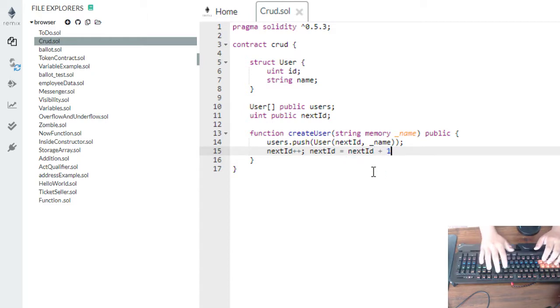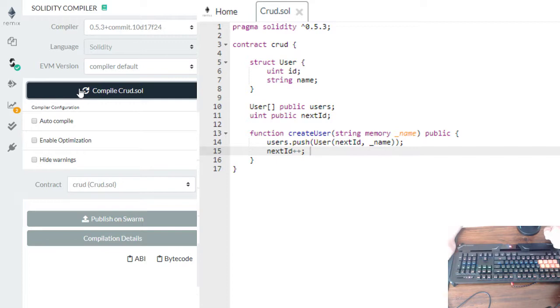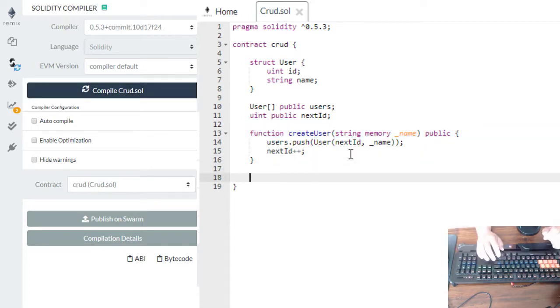All right, so let's go. Before we continue, let's try to compile this one so we don't have any errors. All right, so after we create a user, we're going to create an update. Okay, so function updateUser,